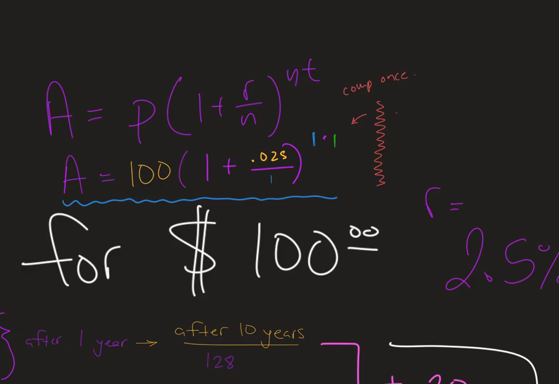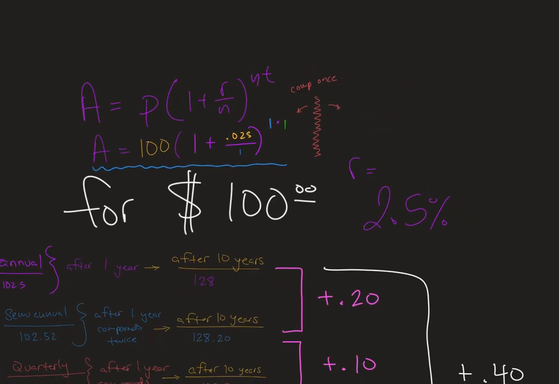And then now look to the right, where I'm going to write it like this. Let me zoom out a little bit so I can put it all in the same. So here's our $100. Here's the 1 plus. And then our rate is still going to be 0.025, but it's going to get compounded twice. And really, if you think about this, 0.025 divided by 2 is